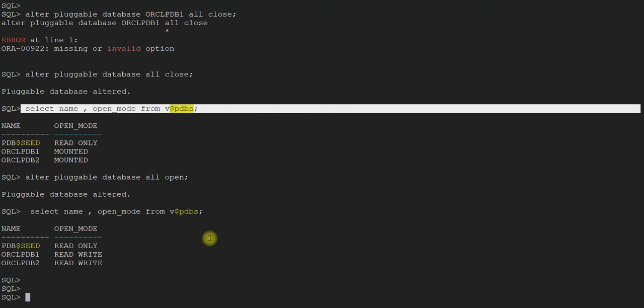Now, let's shut down the complete instance. When we are in the CDB root and we shut down the instance, the complete instance will shut down, including the root container as well as the pluggable databases associated with it.